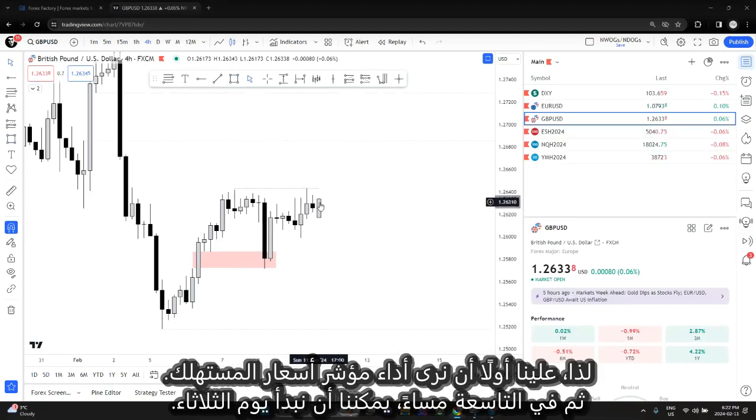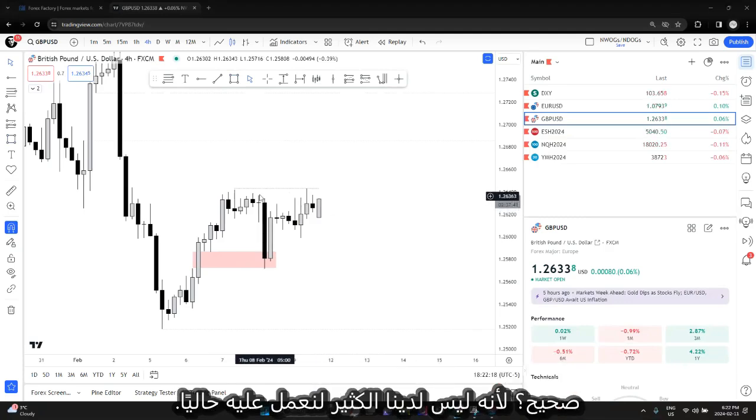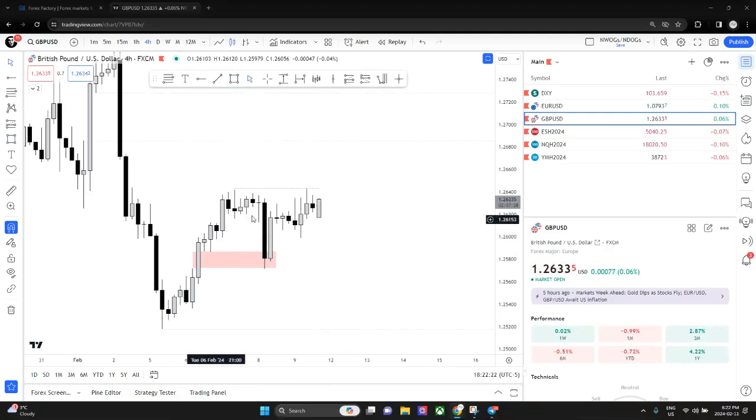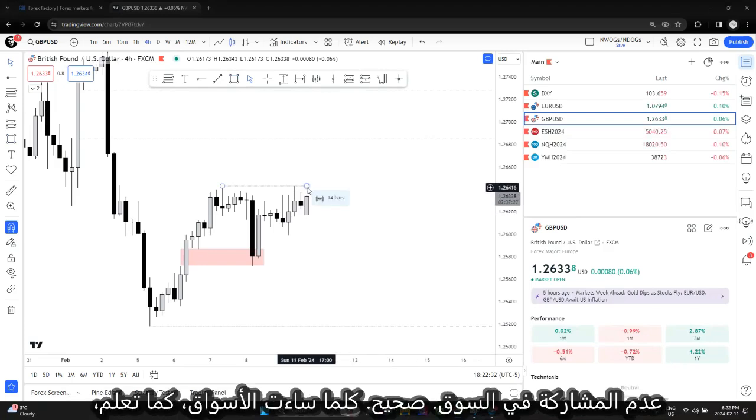So first, we need to see what CPI does, and then at 9 o'clock, we can go in on Tuesday. I'll see what Monday does tomorrow, and I'll try to be here tomorrow at 6 p.m. again, right? Due to the fact that we don't really have much to work on right now, this in itself is a skill that you must learn: when to participate and when not to participate